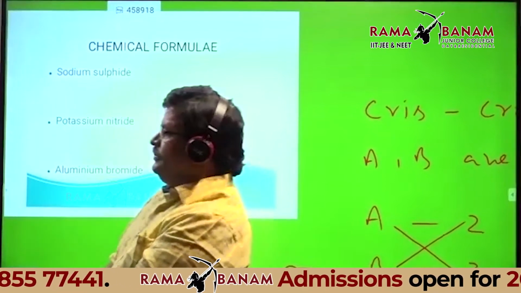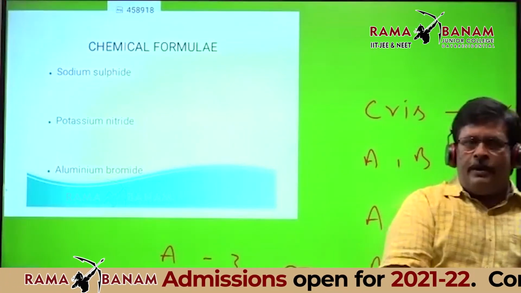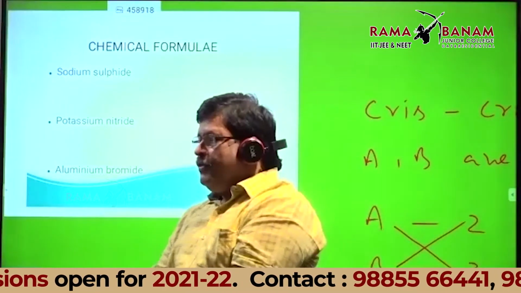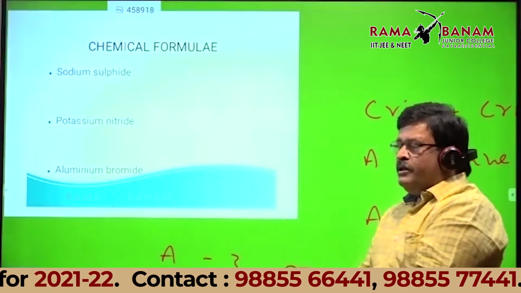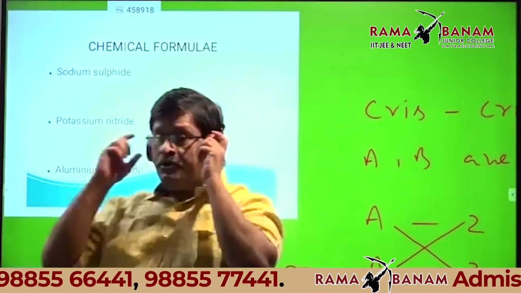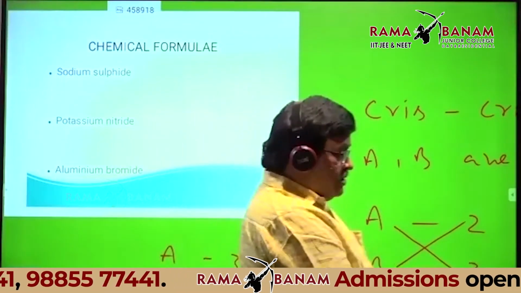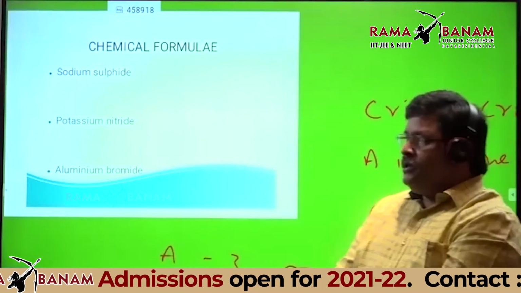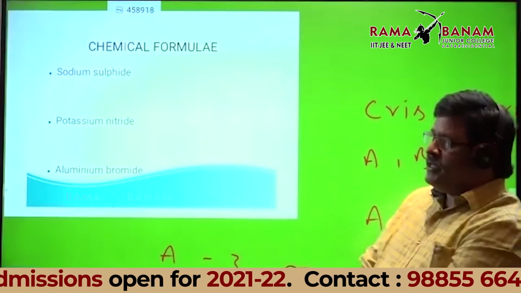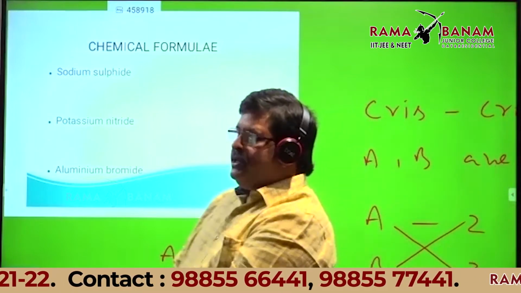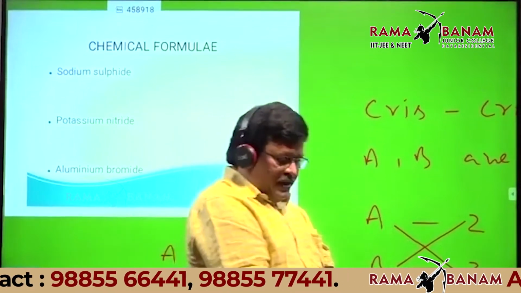Yes, sir. I'll give 3 minutes. I'll give only 3 minutes time to you all, and after that I'll write the formula. You first write and check. Students, yesterday in the last class also I told you accuracy is more important than speed. So first you try to write the formulas of these three. For three species, I'll give only 3 minutes. You write. After that, I'll discuss.